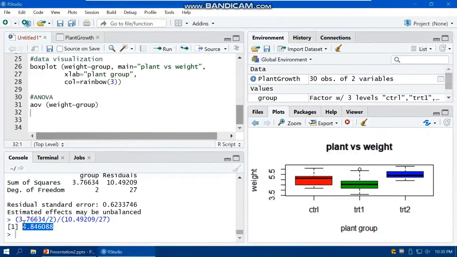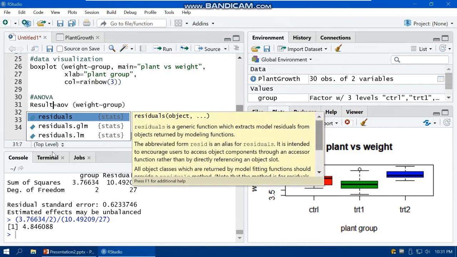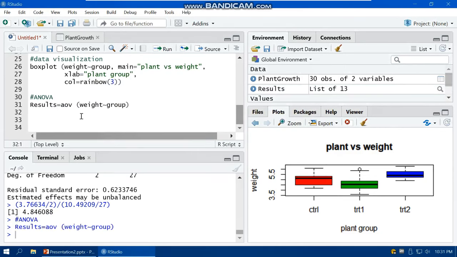And using this F statistics, we can make decision whether we can reject null hypothesis or we fail to reject null hypothesis. Okay, but R also can automatically calculate the F statistics and also other useful information. So if I save the result of Anova test in an object, for example, results, and then click run, here is the result. If I take a summary of the results,